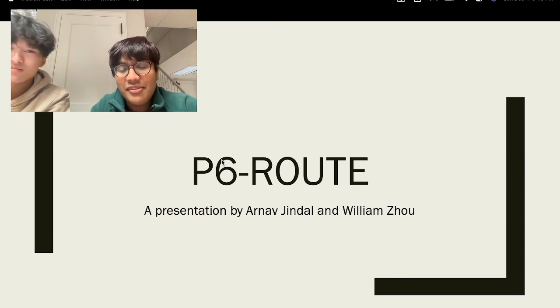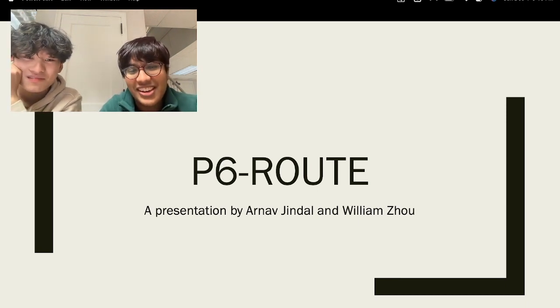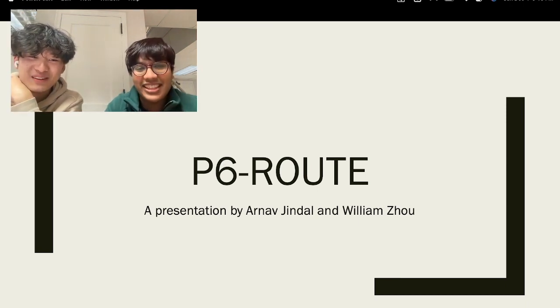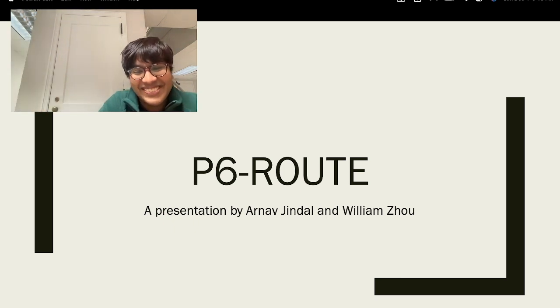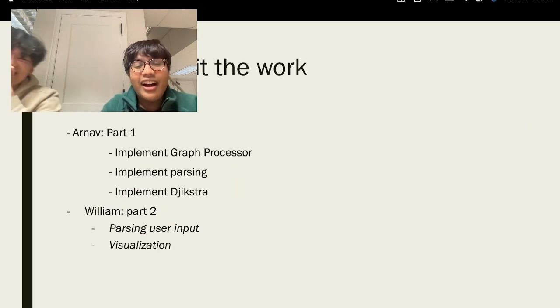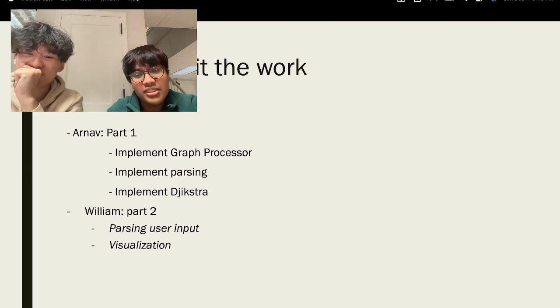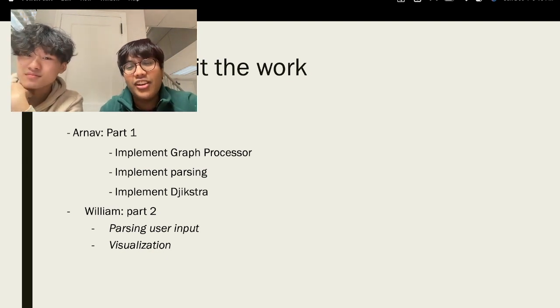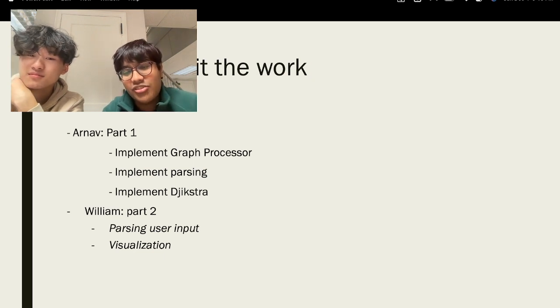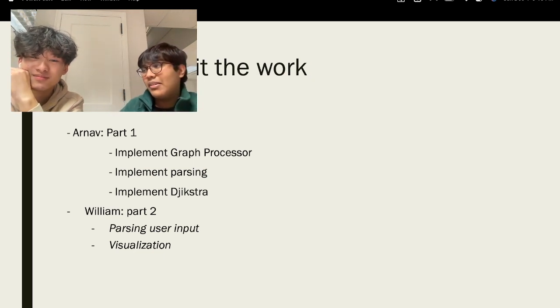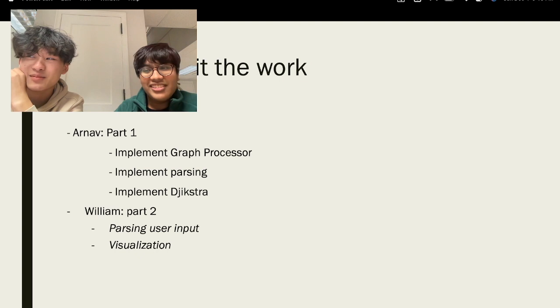Okay, hello and welcome to our presentation of P6 Route, a CH201 project. My name is Arnav. The way we split our work is I did part 1, where I implemented the graph processor, parsing and reading the file, Dijkstra's algorithm, and the distance formula, and William implemented part 2. I basically helped parse user input and also worked on